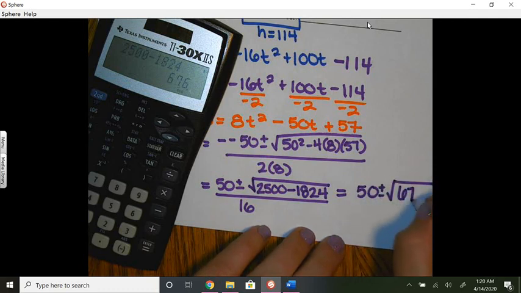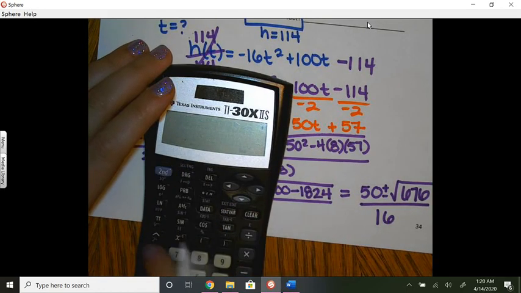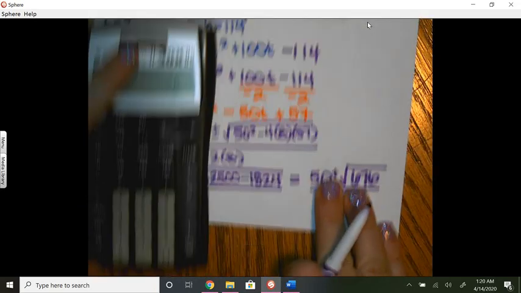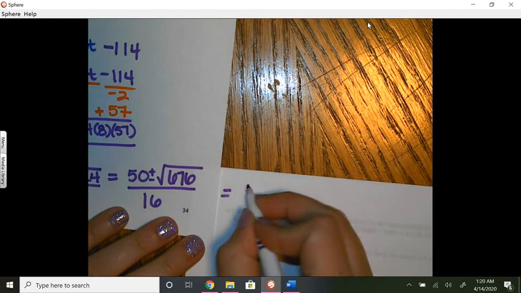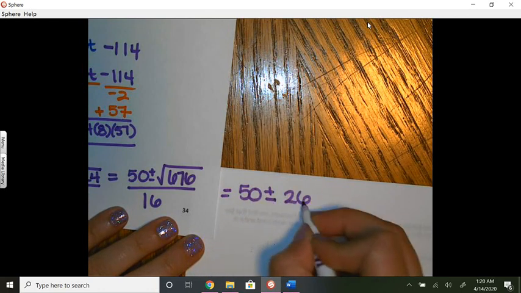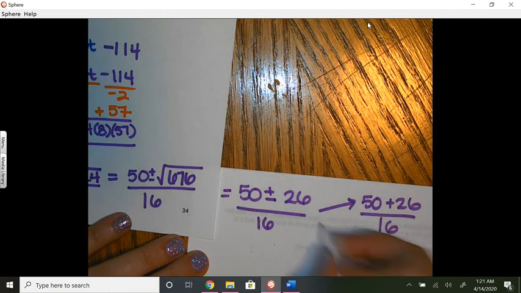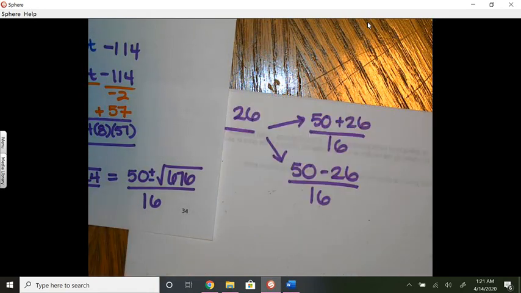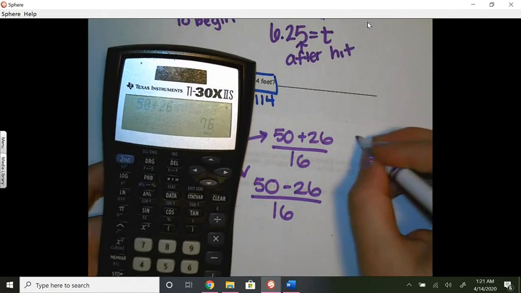We get 676 in the radical. And now I'm curious, what times itself is 676? Nice, it's 26. So now we can simplify this. This equals 50 plus or minus 26 all over 16. So then we would get 50 plus 26 divided by 16, and we get 50 minus 26 divided by 16. So let's go ahead and see what that is here. So 50 plus 26 divided by